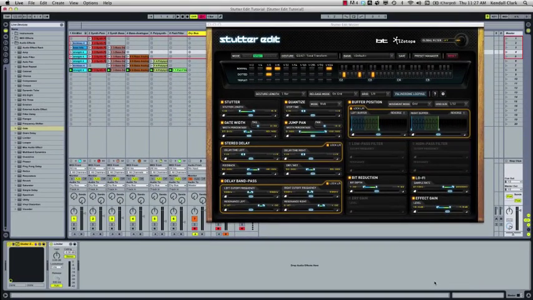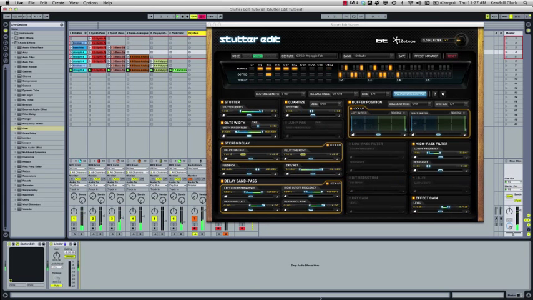In its default state, Stutter Edit passes the dry signal, and when you play a MIDI note, it switches to 100% wet until you release that note. This is part of what makes it such a musically expressive effect. So when I trigger it,